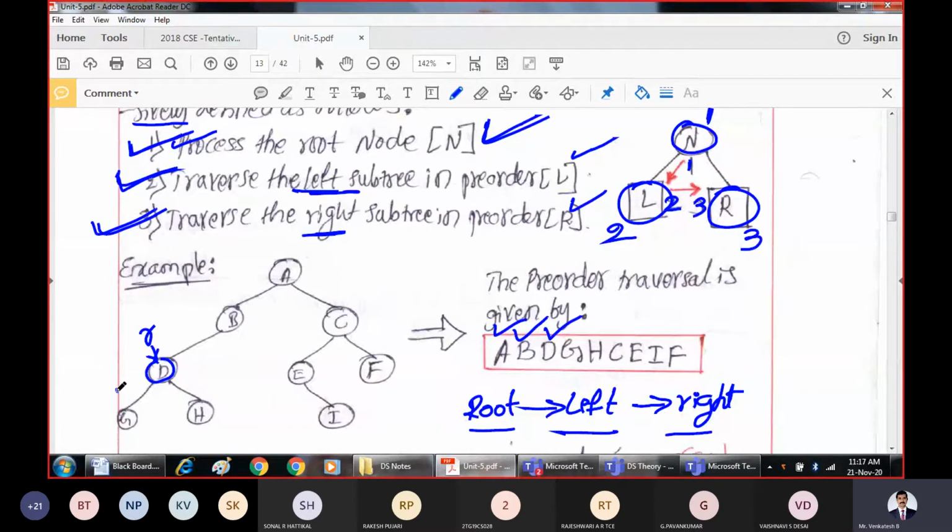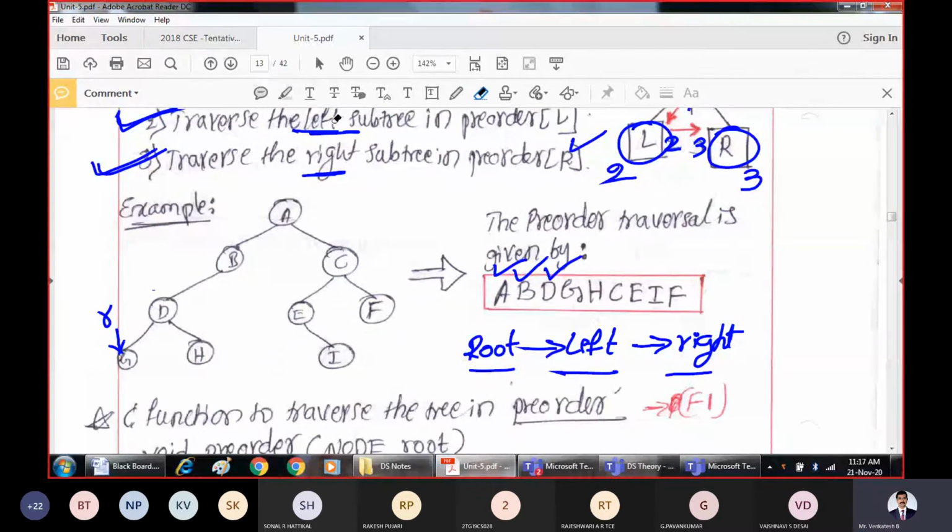So after the root you should go to the left first. Then this becomes the new root node. Now, whenever you are present at the root node, apply the procedure again. What is that procedure? Root, left, right.